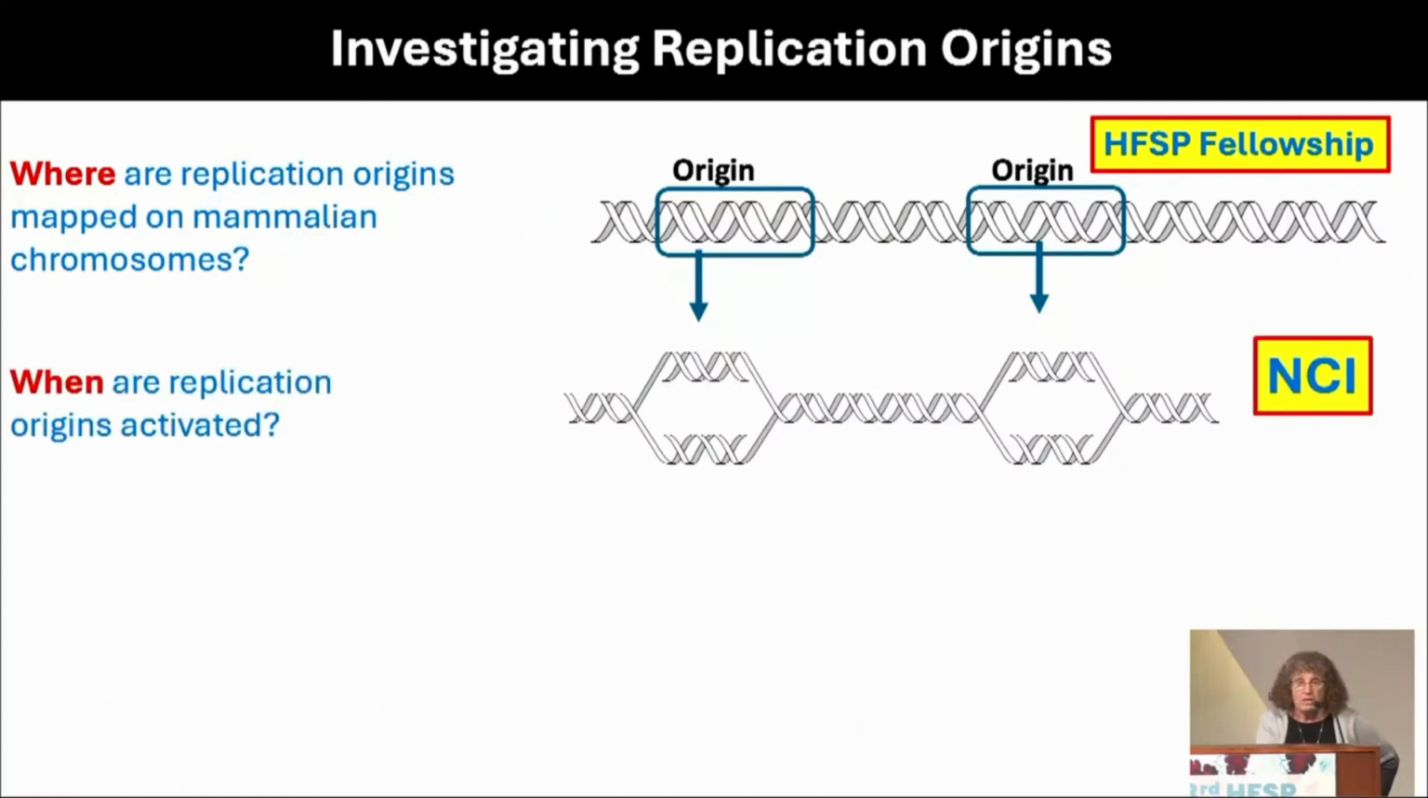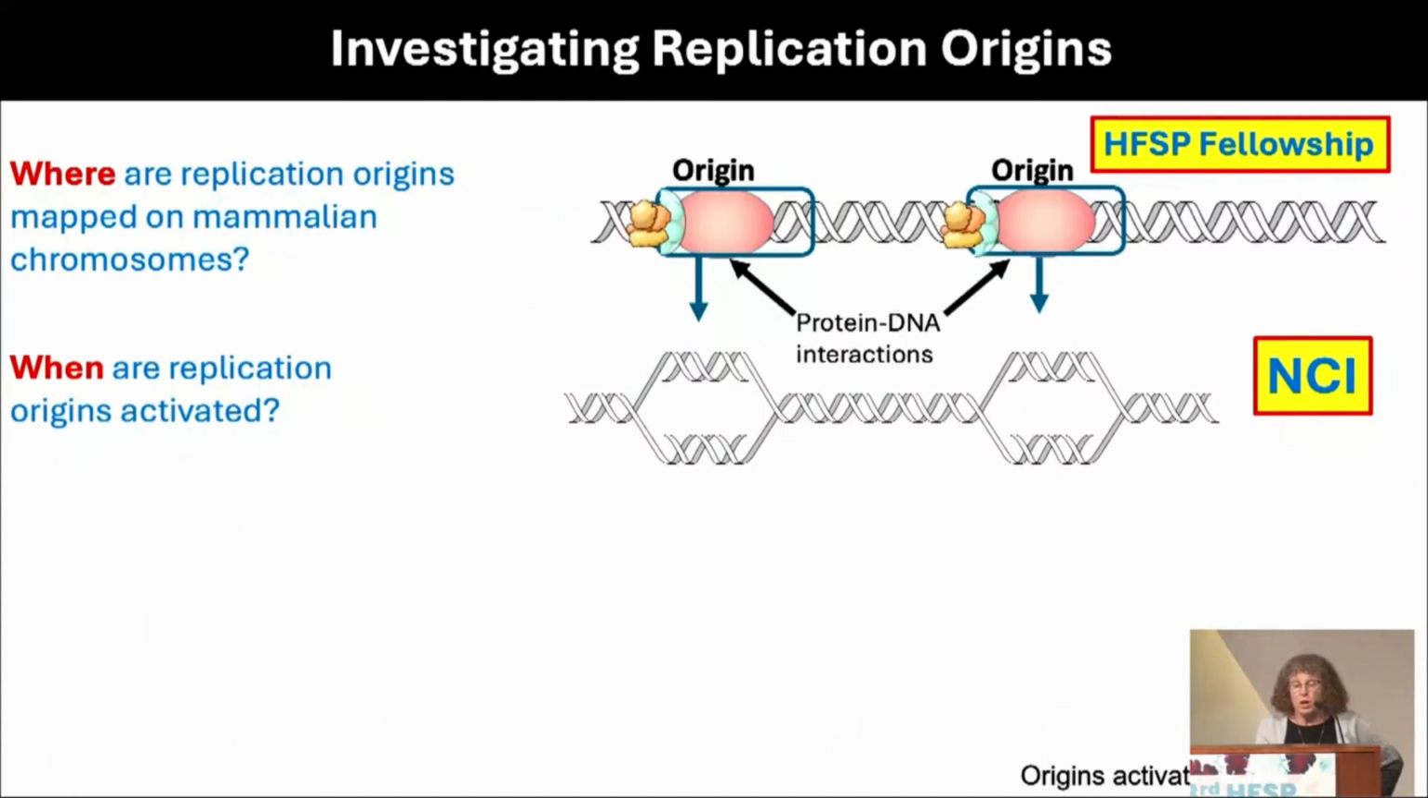Since I moved to the NCI and started my own group there, we continue to map replication origins, oftentimes at a whole genome level, and then we started to ask other questions. For example, when are these origins activated, since we know that not all the genome is duplicated at the same time during the S phase of the cell cycle. We also started to look specifically at protein DNA interactions that occur at replication origins